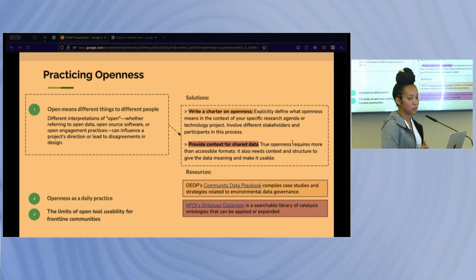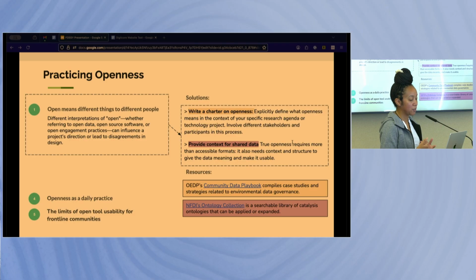One of the things that we found, and this actually has changed several times, but originally this pattern was going to be called There's No Pure Open, because we found that sometimes a community or a project would be using open software, but proprietary sensors or proprietary hardware. And sometimes open just meant that they were transparent with the community about what was being shared. And the process was transparent and we shared the data, whatever it might mean.